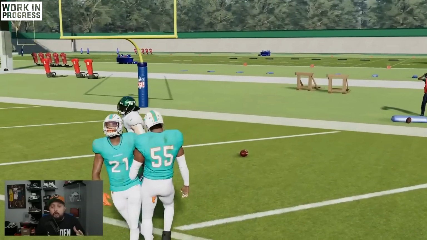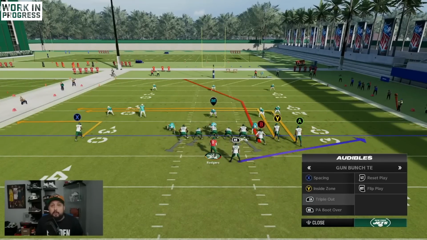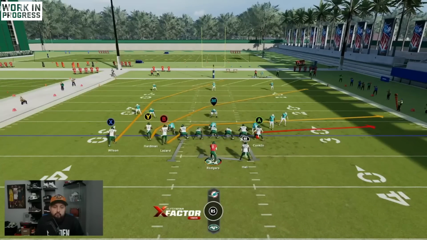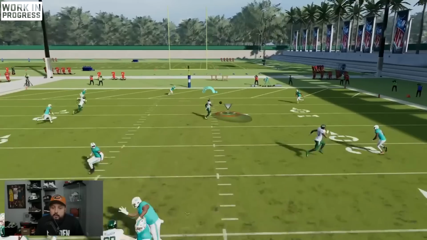So it makes it really hard, but also you can pretty quickly audible into something like bunch tight end, which is another thing that makes this playbook good. It has bunch tight end as well. And so you can see the audible to bunch tight end is rather quick as well. It's not as quick as regular bunch, but it's just the fact that all these formations are in this playbook